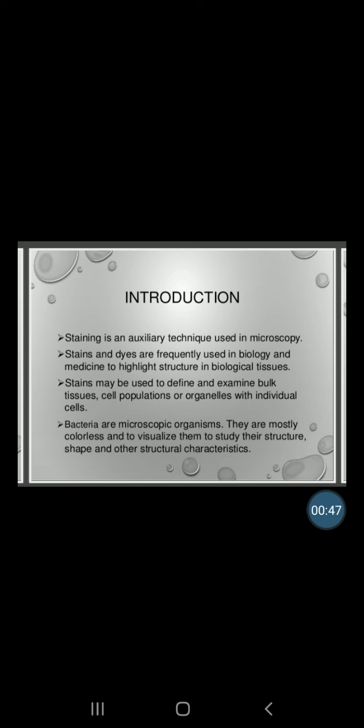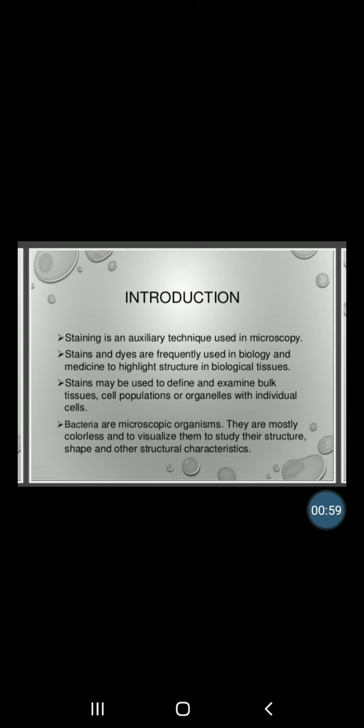Staining is an auxiliary technique which is used in microscopy. The stains and dyes are frequently used in biology and medicine to highlight the structure of biological tissues. What I am saying, staining is what? It is an auxiliary technique which is used in microscopy. The stains and dyes are frequently used in biology and also in medicine to highlight the structure